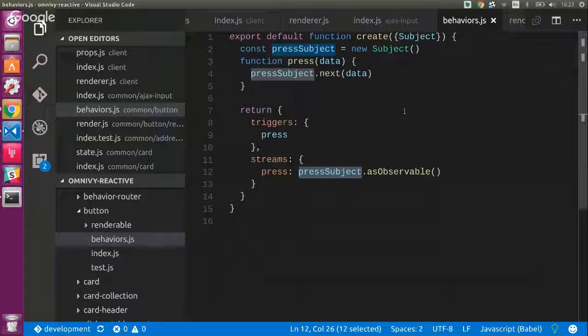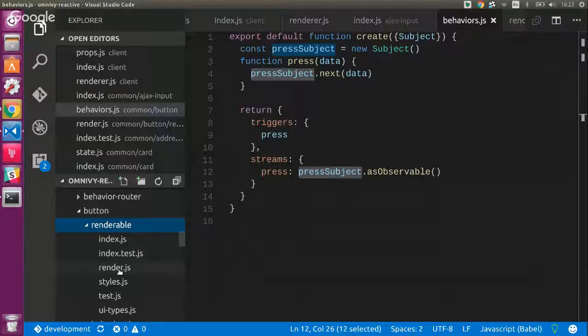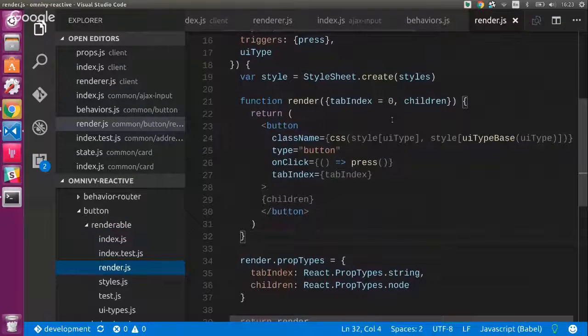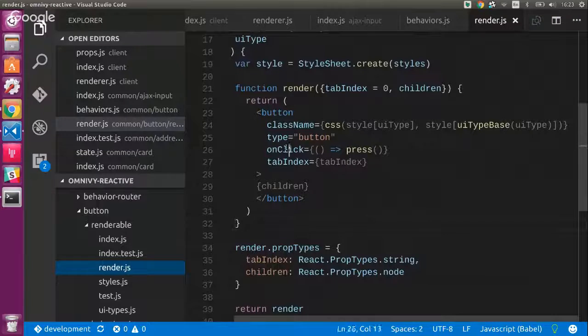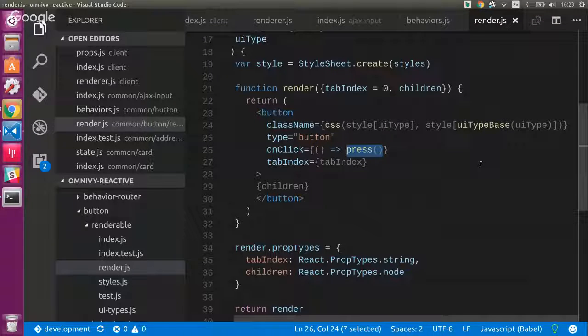If you can avoid subjects, do it. But with React, the way we use the press trigger will be in our render file. We will have the on-click here, and that will call press. Okay. So that way you have a subject, which is basically just like press subject next,